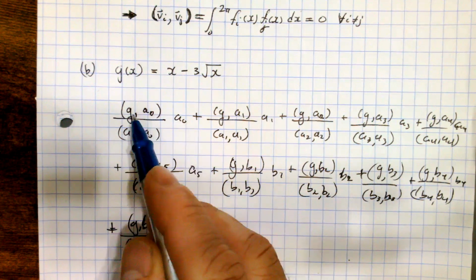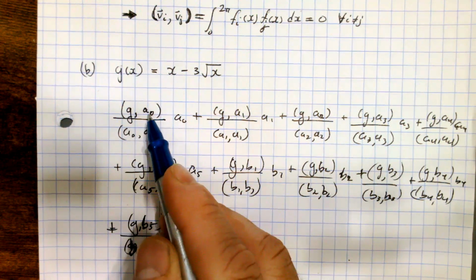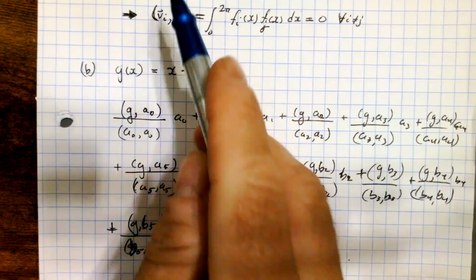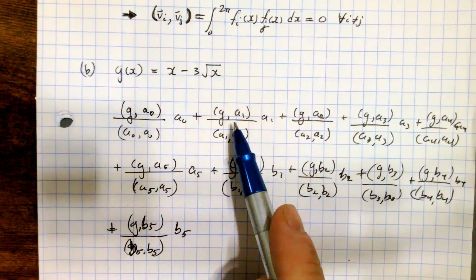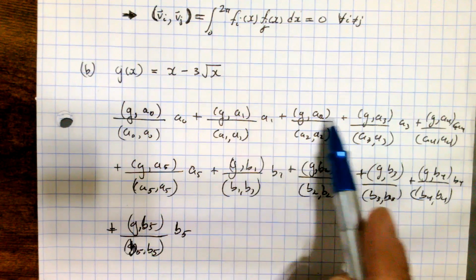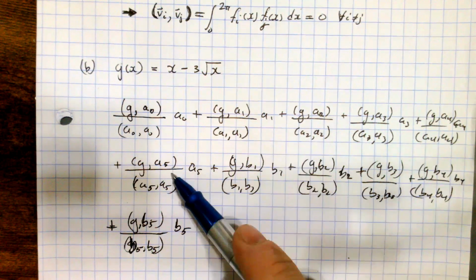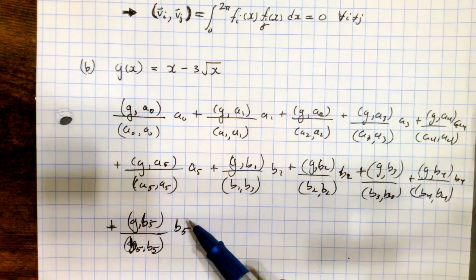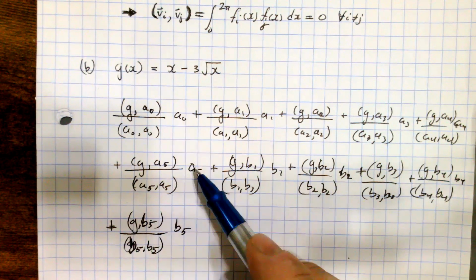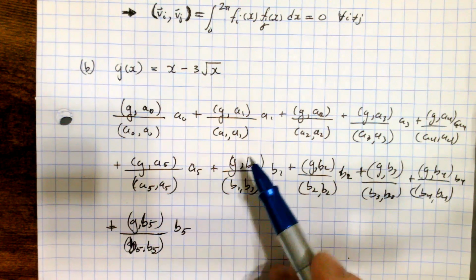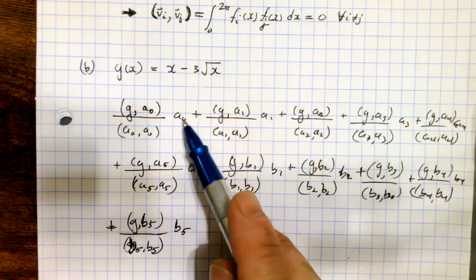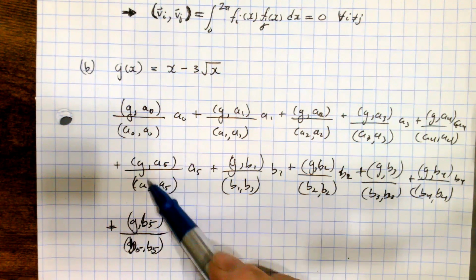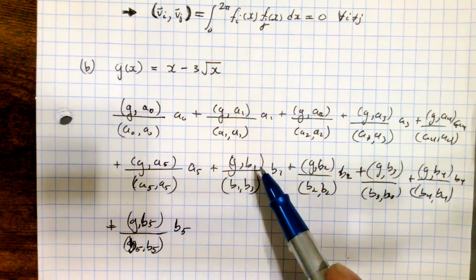So the inner product of g and a0, this is the case when a0 is really just the 1, that first value. And so this is cosine of x, cosine 2x, cosine 3x, cosine 4x, and cosine 5x, and sine x, sine 2x, sine 3x, sine 4x, and sine 5x. So each of these, the a1, the a5, the b5, are all the sine or cosine functions. So a is cosine, b is sine, and the values you see here, we have to compute each of these